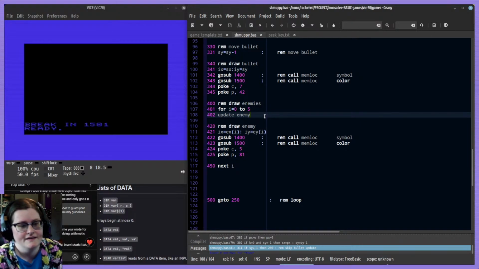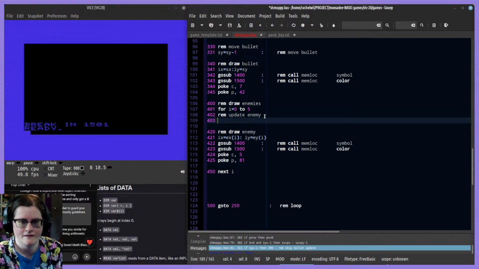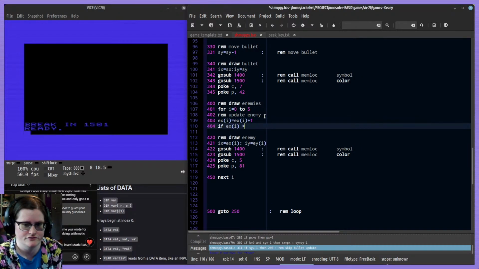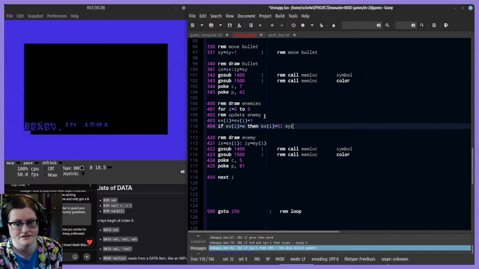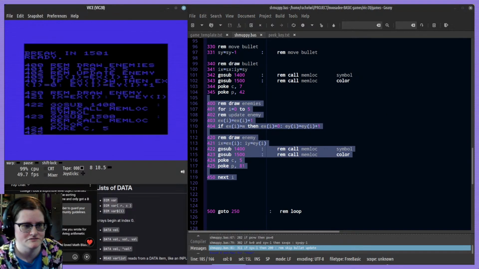Update enemy. We could just have them keep moving, and if they wrap around the screen, they just go down a level. That would be easier than having more data stored for the direction they're currently moving. So we'll do this the lazy way. Each enemy's X coordinate, EXI, plus 1. If EXI is greater than the width of the screen, then EXI is 0 and EYI is plus 1. So that should move them around, and then they're not going to stop at the bottom, but we can just